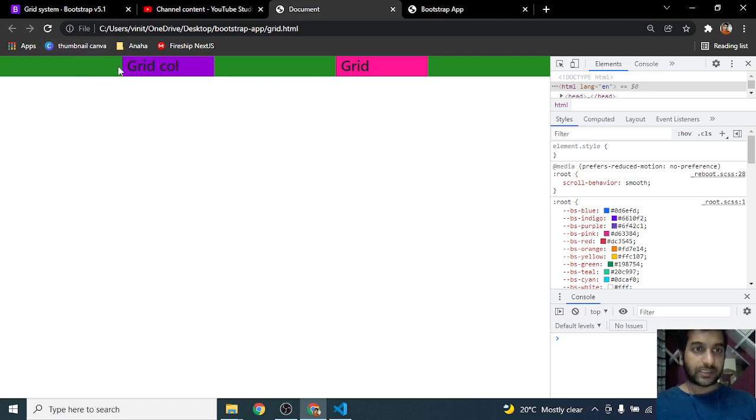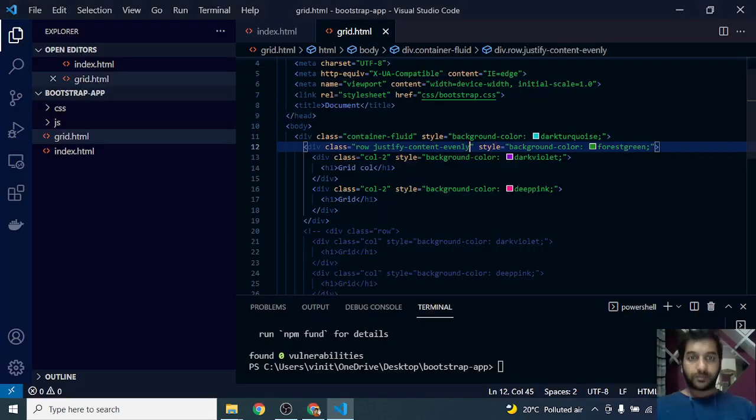So if this is 5 centimeter, this will be 5 centimeter, this will be 5 centimeter, and this is not at the center of one half and this is not at the center of the second half. So it's basically adding equal space. While with around, if this was 5 centimeter, this would be 10 centimeter and this would be 5 centimeter. That would be 5 centimeter from this column, 5 centimeter from this column, gives 10 centimeter in the center.